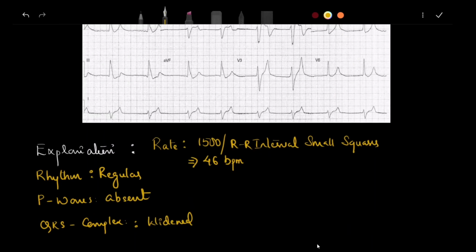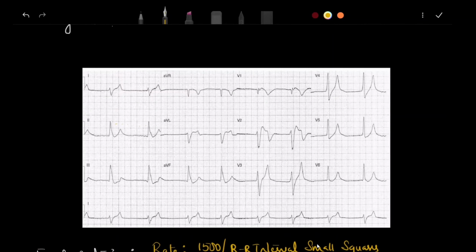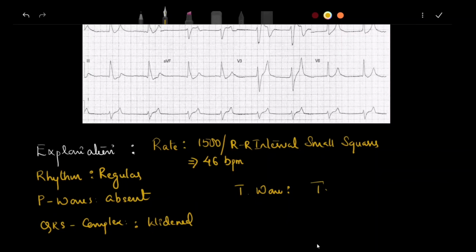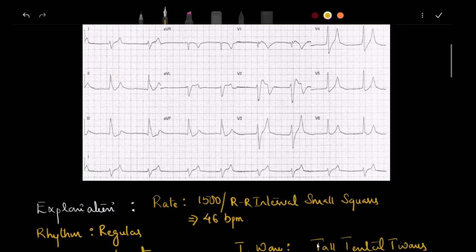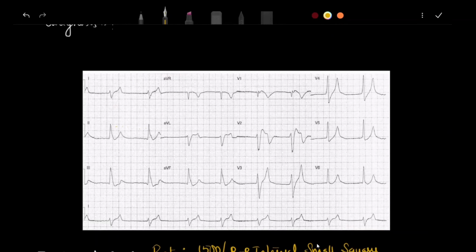Then about the T wave. See here the T waves are peaked, tall and tented. Sorry, it's tall tented T waves. So these are the main findings seen in this ECG. So we can diagnose it as a case of hyperkalemia, with tall tented T waves and absent or flat P